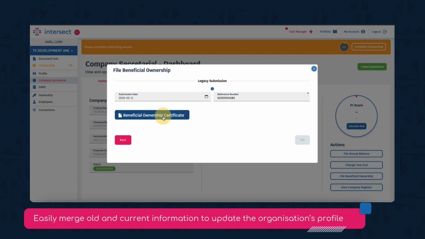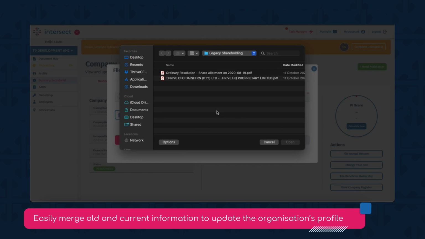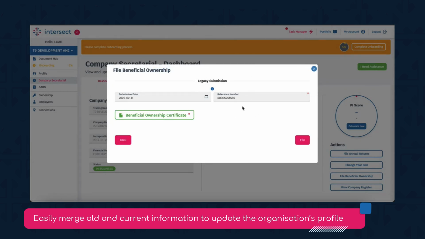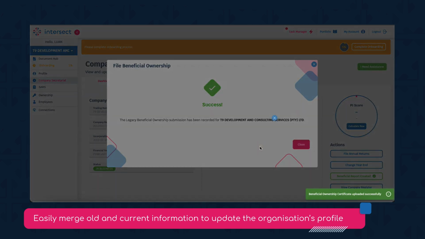So I've just copied the reference number straight from our PDF, and then we can proceed with uploading the actual PDF document. Now, it's important to remember that Intersect prides itself on being a single source of truth platform, and that means that any information that we accept through the front door to be written into our database will always be married with the supporting evidence for audit purposes. So now that I can update my system,